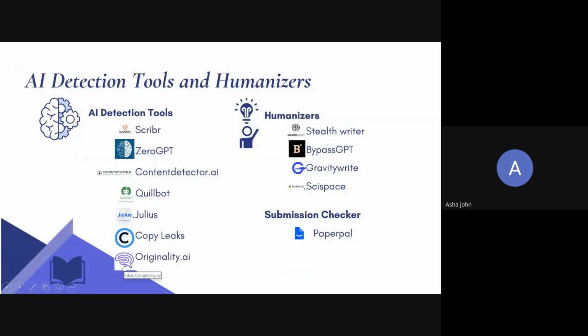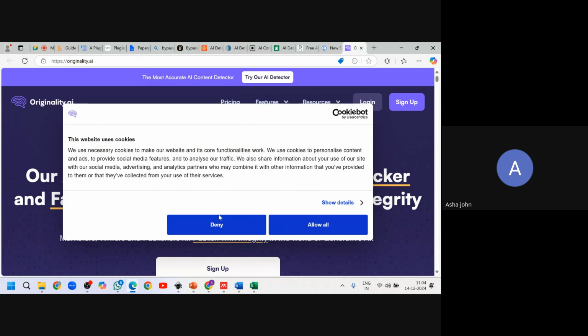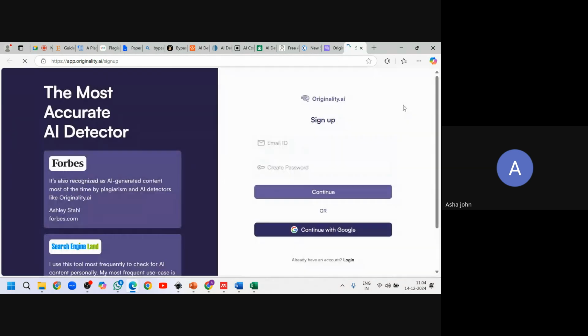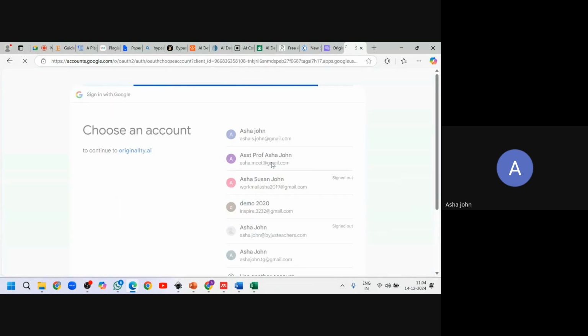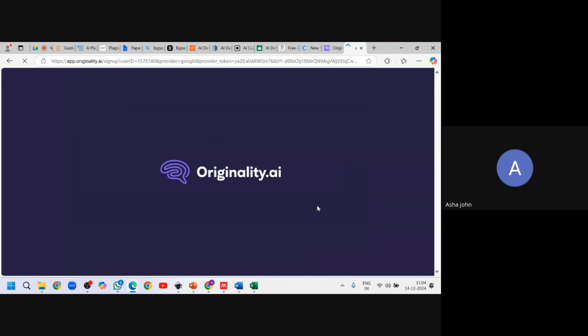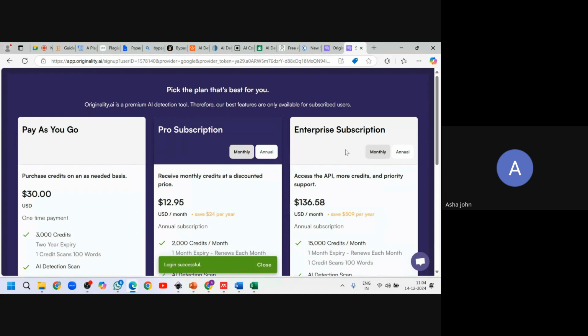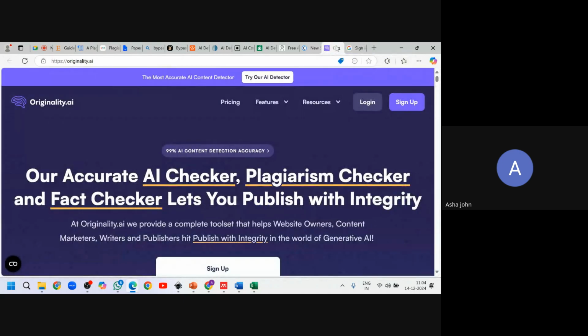And finally, originality.ai. You can create your own email ID and password, or just try to sign in with your Google account. So for Pro, you need to do a subscription.